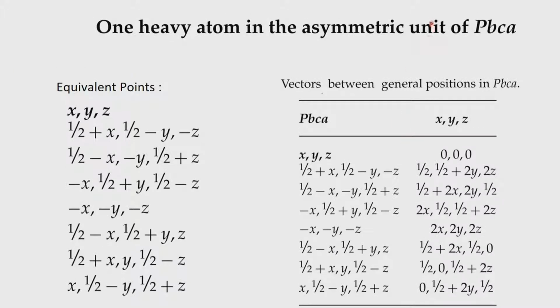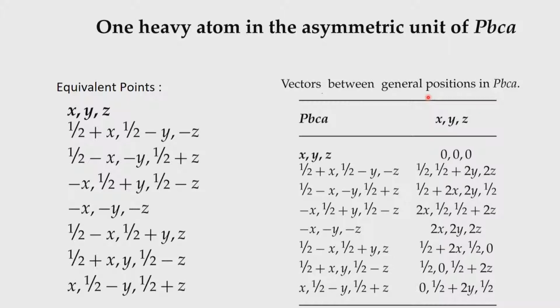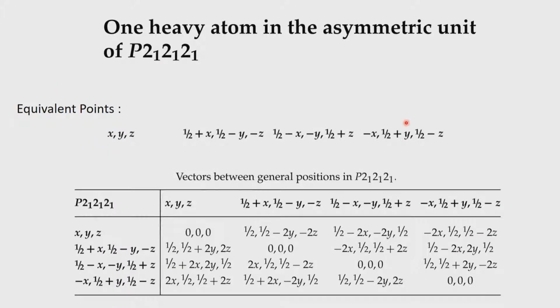There is one other example. In all these cases, one thing which we are talking about is that we are looking at only one heavy atom. It is not necessary that we should have only one heavy atom, we can have more than one heavy atom. I have given this table and I have given the Patterson vectors between general positions in PBCA. You can verify yourself that you can put this into a kind of matrix which we put in the earlier two cases. I am not going to put that. This is an exercise which one goes through, you will get a hang of how to set up those matrices, which are essentially required to identify and solve the vector position.